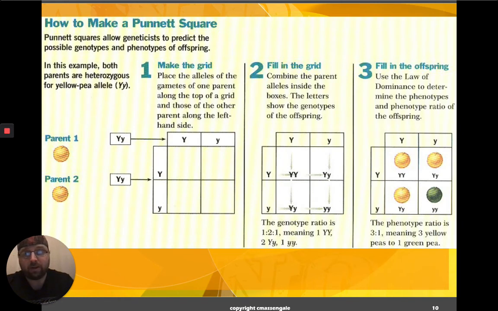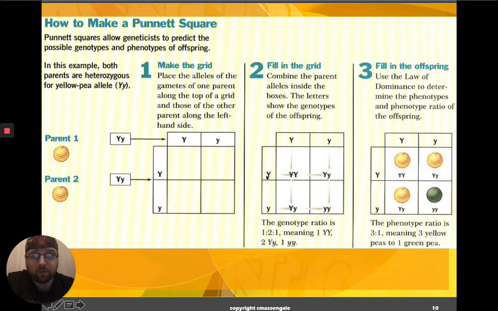So how to make a Punnett square. First, make the grid, and then you take the genotype. These are vocab words that you have. You put parent 1 on the top and parent 2 on the side. It doesn't matter where you put the male or female. The parents are interchangeable. You're still going to get the same results. And afterwards, you fill in the grid.